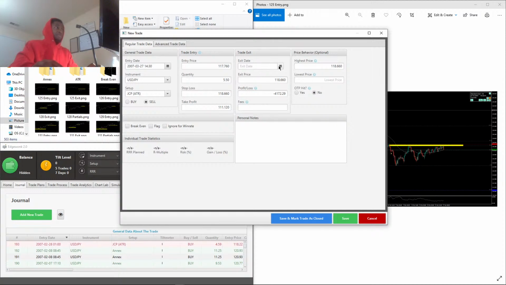But yeah, after downloading those screenshots and after backtesting, I go to the downloaded screenshots, I review the screenshots, I apply it to my Edgewonk, and then I go ahead and make notes where it's needed. I also take screenshots with notes on them while I'm going through my backtesting. And what else is there? Maybe I should just shoot a whole video over it.